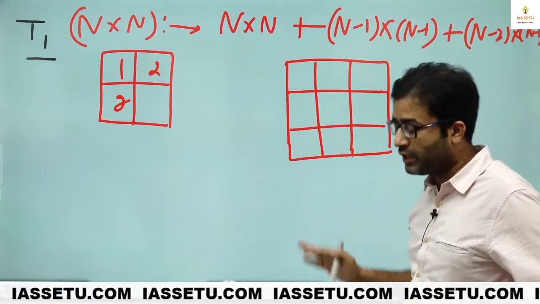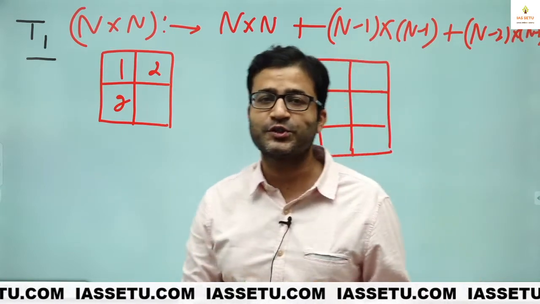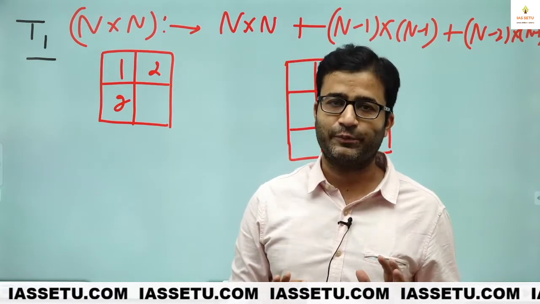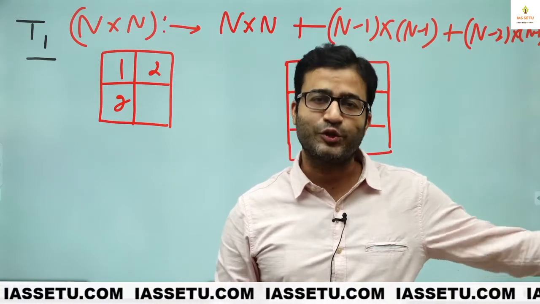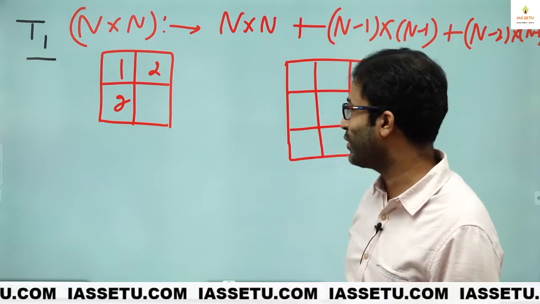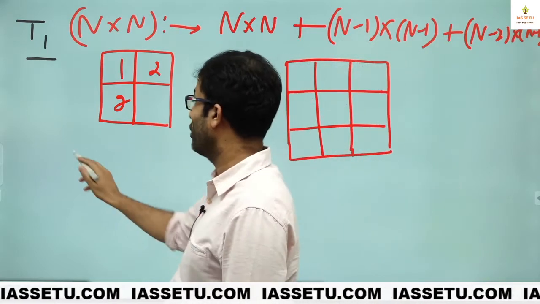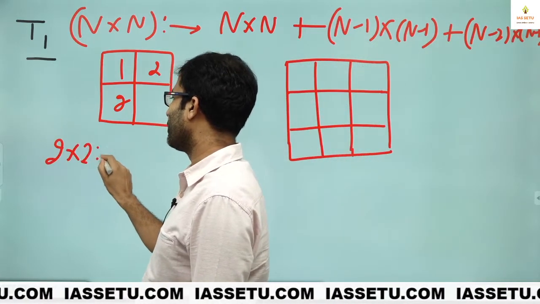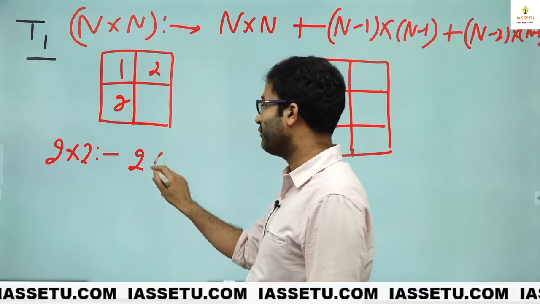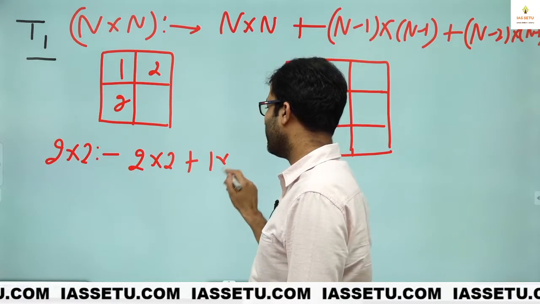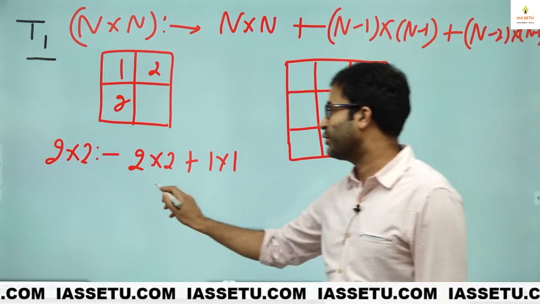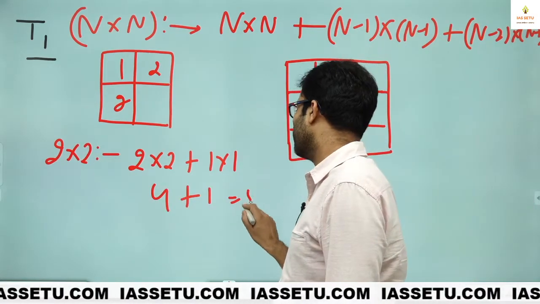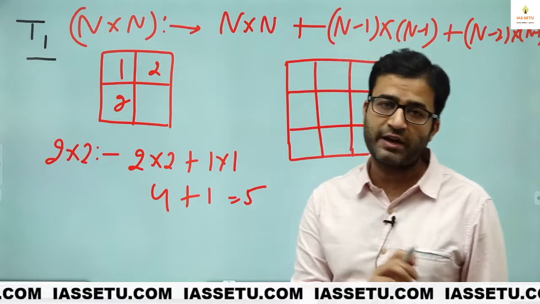It seems difficult, but believe me, when we use this formula, it is actually the easiest. n into n plus n minus 1 into n minus 1 plus n minus 2 into n minus 2 and so on. तो हमने n into n से start करना है. जैसे like this question, 2 into 2. So what you have to do, you have to start with 2 into 2 plus 1 into 1 plus 0 into 0. Where you get 0 into 0, stop. So here 4 plus 1, 5. So in this given figure, we have 5 squares.